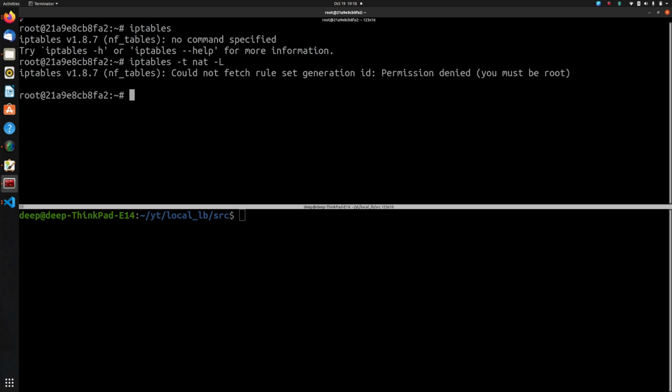Okay, so it didn't allow me to run the iptables command. It says that the user doesn't have permission, you must be root. But as you can see, I'm already root. So you might keep thinking, although I am root, why does it think I am not root? The reason is the capability that the container needs is the NET_ADMIN capability. Without that, you cannot use the iptables command from within the Docker container, even if you have iptables installed, and even if you are root, right? So let's quickly do that.